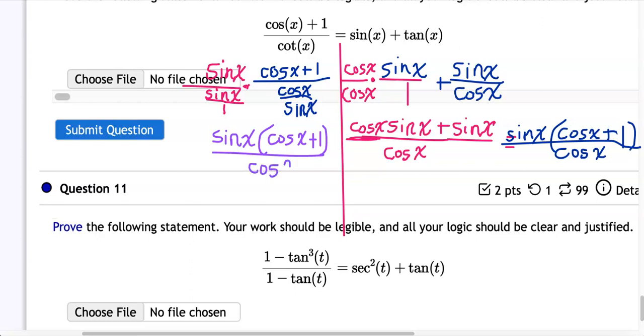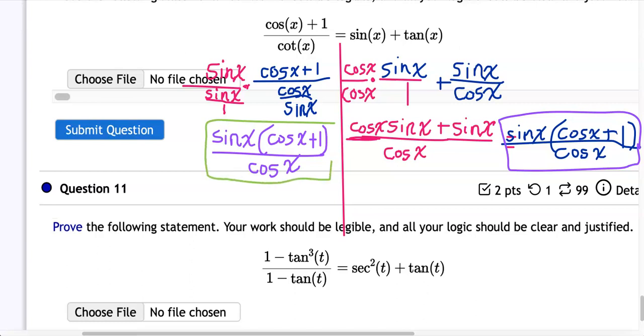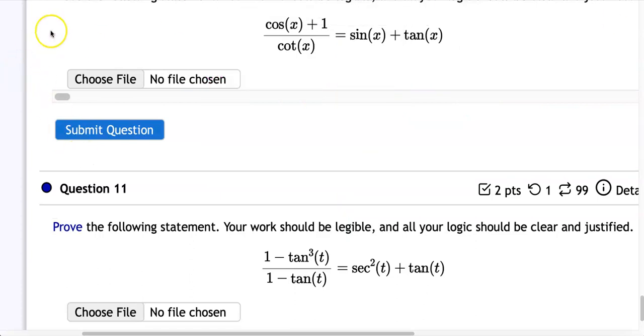So this is what it looks like to work on both hand sides. Notice that if you do work on both the left and the right-hand side simultaneously, your last step on each side, here's the last step on the left, on the right-hand side, and then your last step on the left-hand side, they both need to have the same last step if you're going to work from both sides. All right, now for our last problem here,